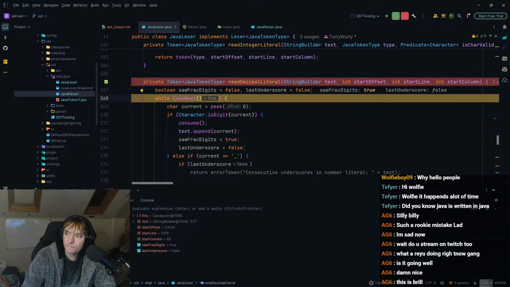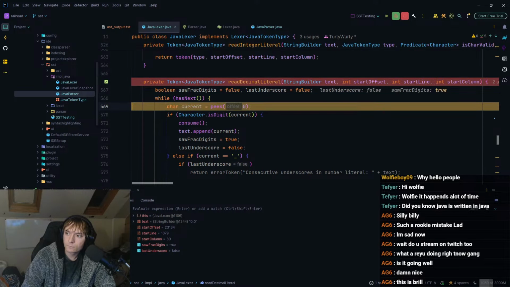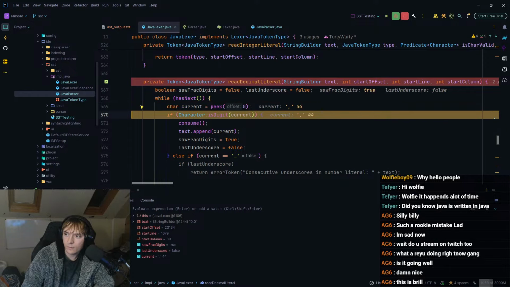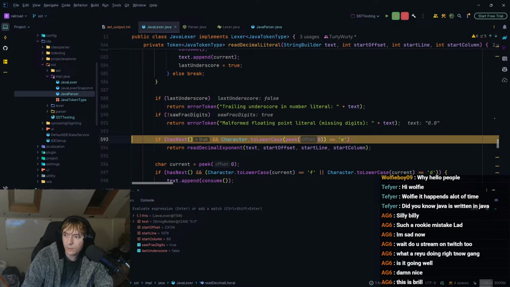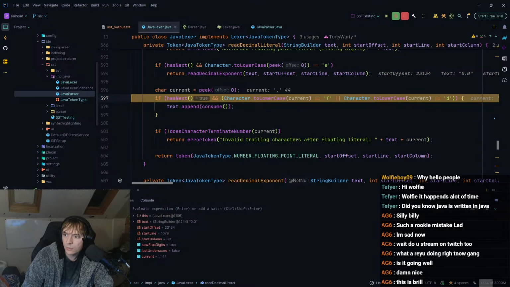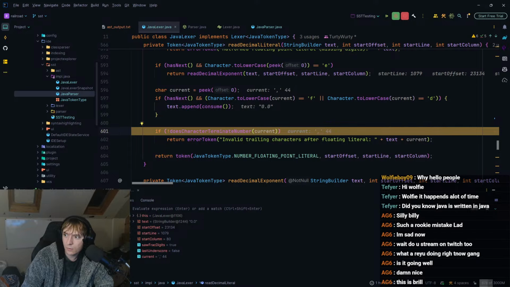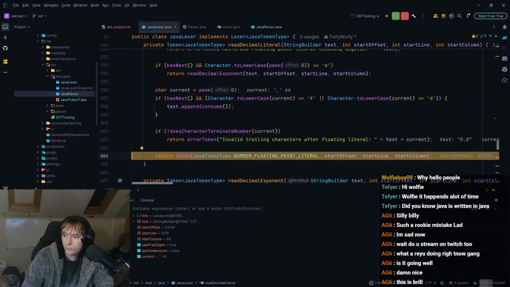Boom. Well, has next. So the next one's a comma, and so it should do the exact same termination logic that we had before, hopefully. If has next, no. Okay, so it should give me a floating point literal of 0.0.